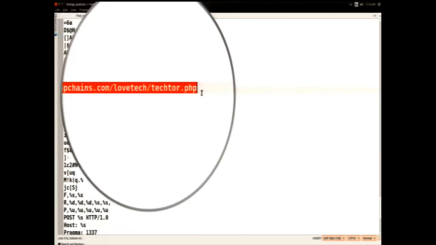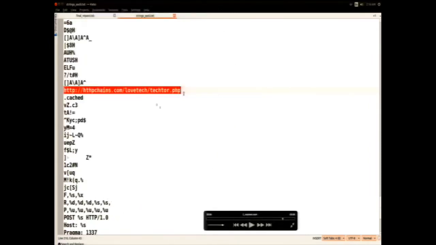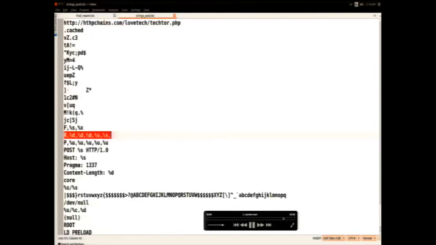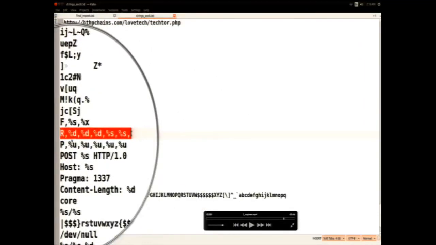So that confirms that it is not the host process that is doing the malicious activity. As a result of the LD preload technique, this shared object got loaded, which is the malicious shared object. This is where all these functions are implemented. And also you see these comma separated values. If you remember that r comma something format string, this gets populated during runtime, which is how it is sending the system information to the attacker.